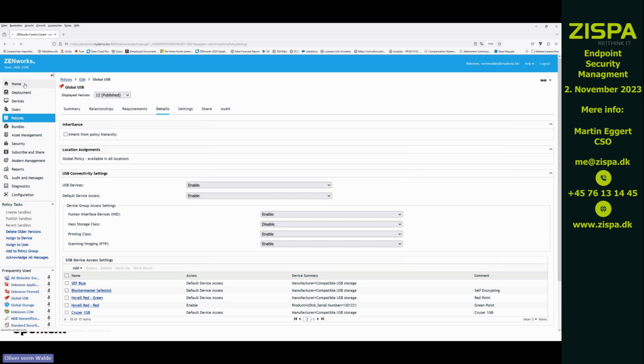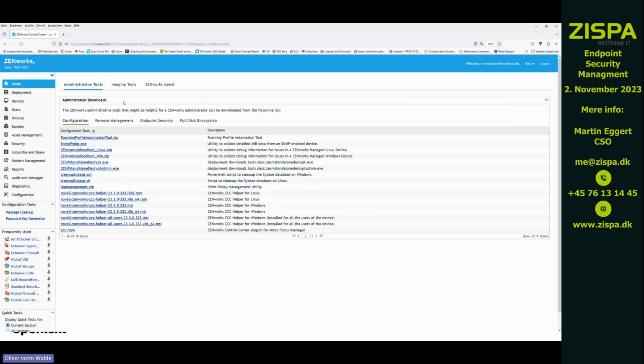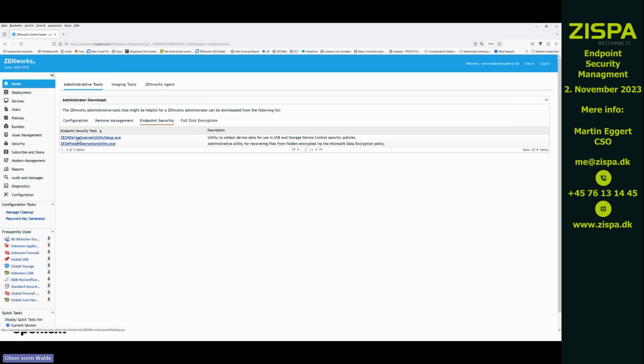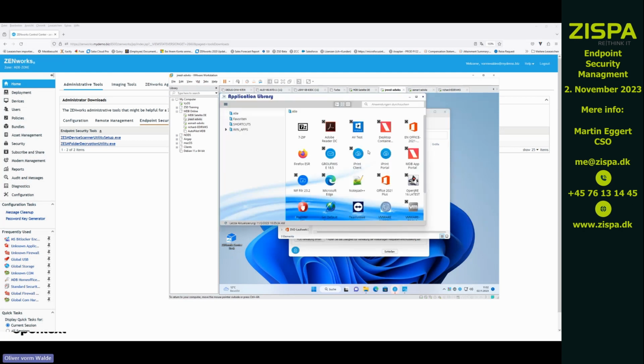Here in Home, you have a download tool, that is the Endpoint Security ZESM device scanner tool, and the ZESM device scanner tool is the one which is able to